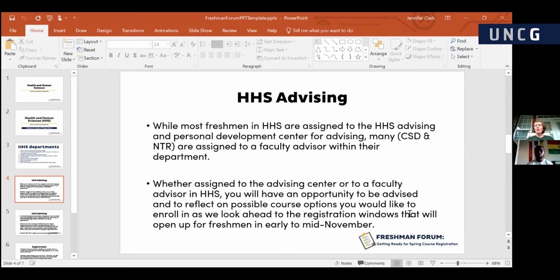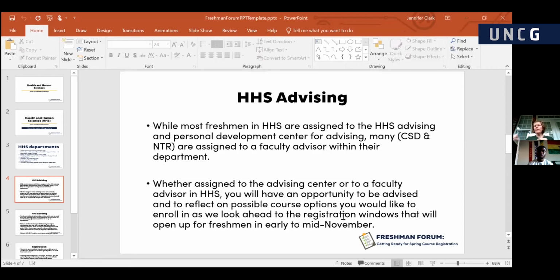For all of you who are brand new freshmen currently enrolled in fall courses, you are probably pre-registered in the courses you have now. That is typically not the case for students who are currently taking courses at UNCG. Now that you're taking courses, we view you as an active, currently enrolled student, and going forward, when your registration window opens, you'll be able to register for your own courses.